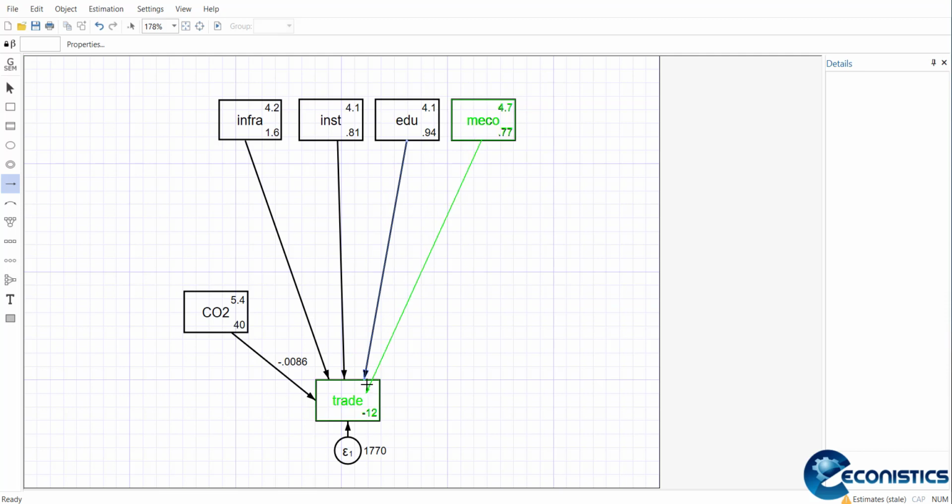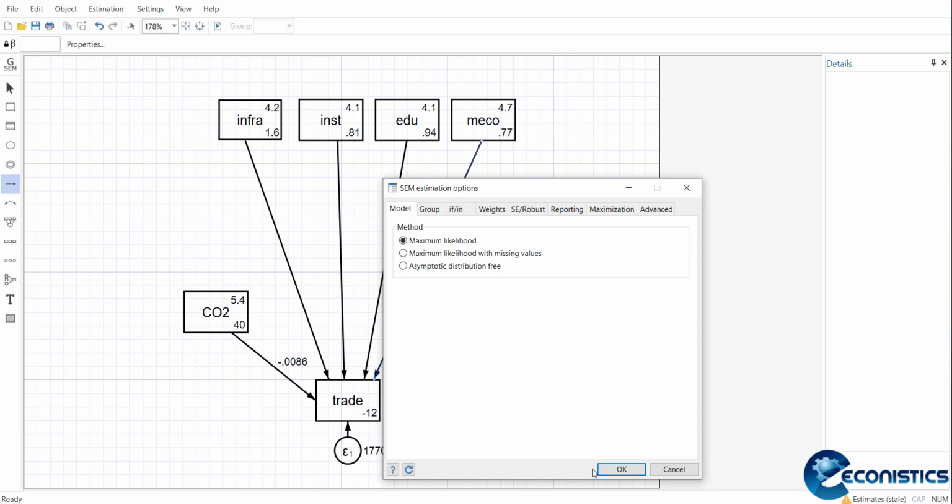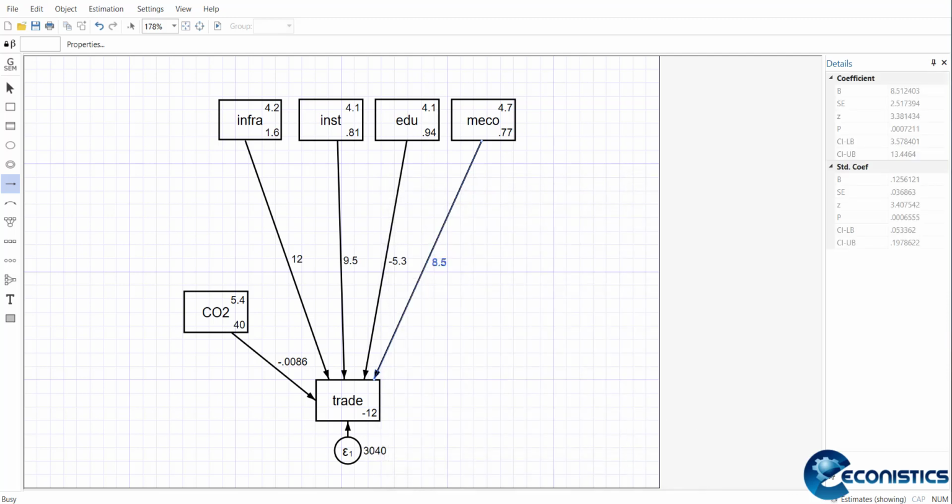If there is no latent variable, usually it gives the result very quickly because it's a simple regression model. So it's estimated. These are the marginal effects, and these are the values, all of them labeled here. If you select this, you will see its mean value, its standard deviation, its variance, all of them are mentioned.